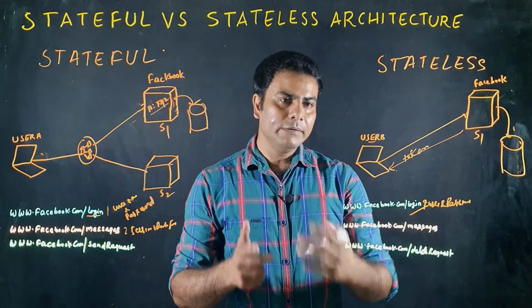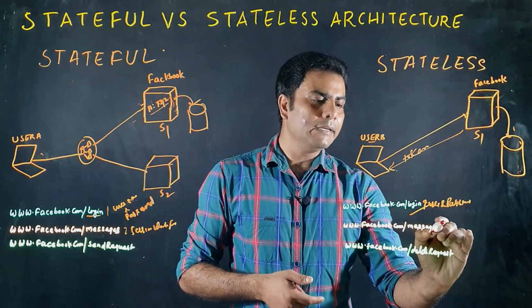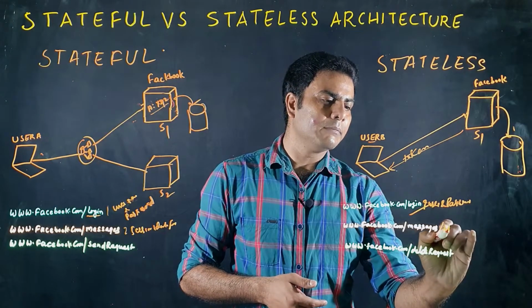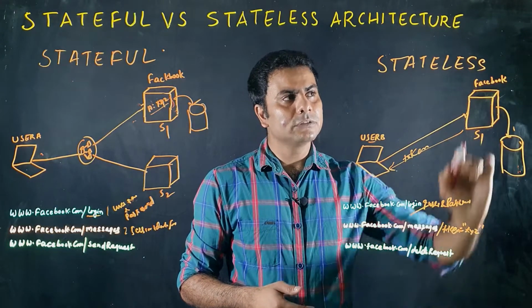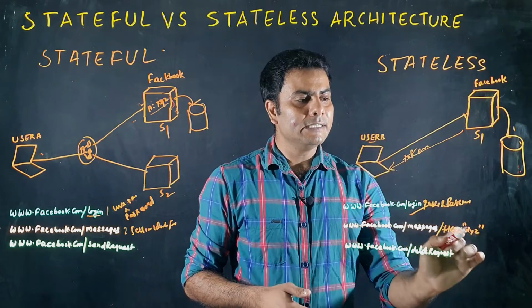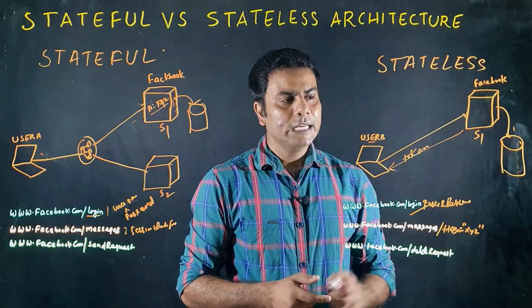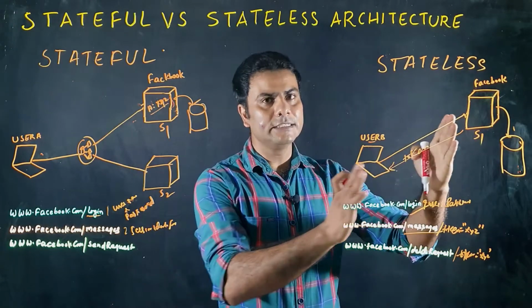So in the subsequent request, whenever the user makes a next call, the user has to add the token information. So server will check if the token is valid or not. So server will make a call to the database and verify whether this token is valid for the particular user or not. If the token is valid, the server will allow the user to see the messages. This is single server architecture.